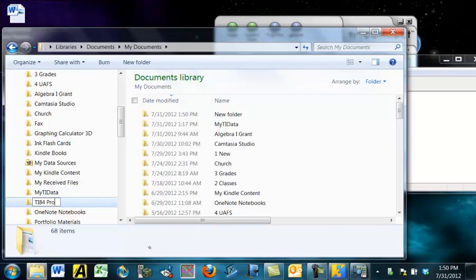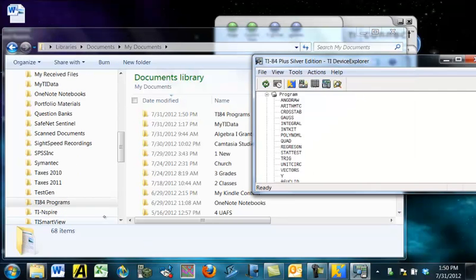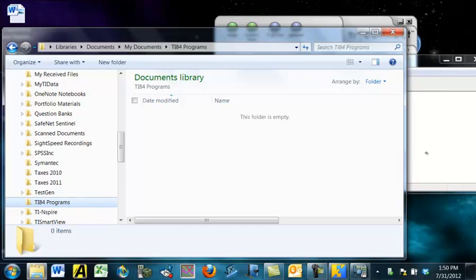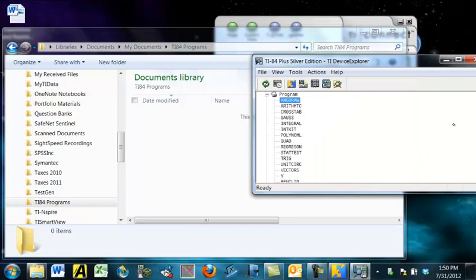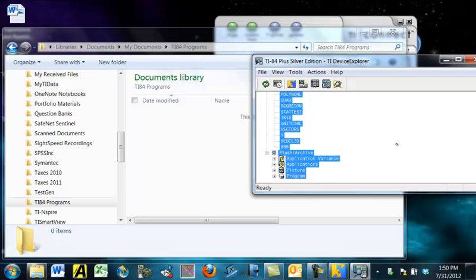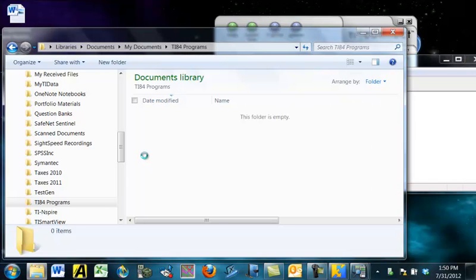TI84 programs. And what's kind of cool here is I can go to that folder, go over here, I can actually go like this, hold down Shift, and select all the programs that I have, and just drag them over to this folder, and they'll copy over there